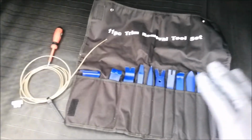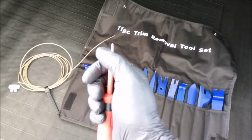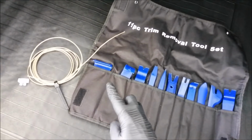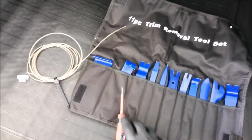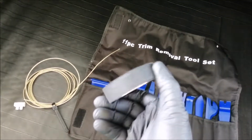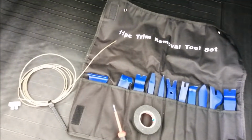So if you don't have your trim set, don't worry, you can also use a test pen, but when you use your test pen to open up plastic compartments, you are going to scratch them. So use a type of tape on it, and only then pry open plastic components, okay? In my case, I have a fabric tape. This is a fabric tape. If you don't have a fabric tape, you may use a black insulation tape for wires, you know. So let's start